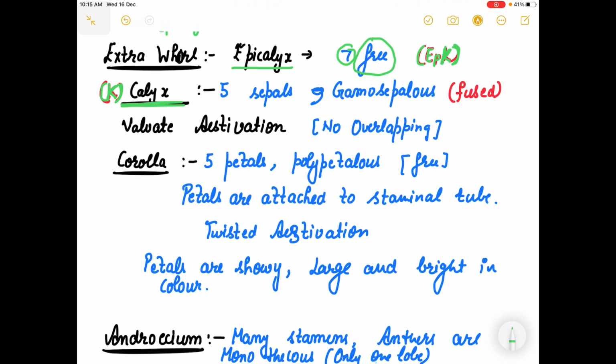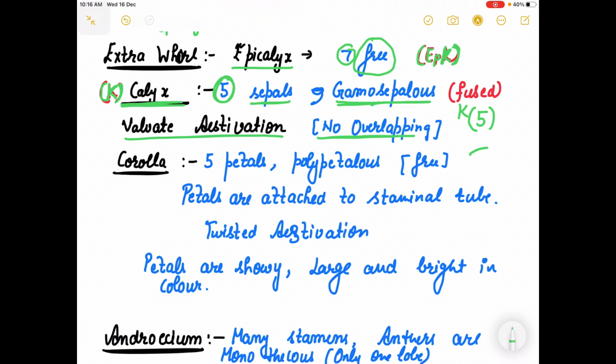Now calyx कितना है यहाँ पे? Everything is multiple of 5 or 5. So calyx is 5. 5 sepals are there, and these sepals they are fused. For fusion we will write gamosepalous. और अगर आपकी sepals fused है, so you will write K and put this 5 in bracket. It means your sepals are fused, and these sepals are arranged in which kind of estivation? Velvet estivation. Velvet estivation, if you go to my previous lecture, I have talked there, and please be careful.